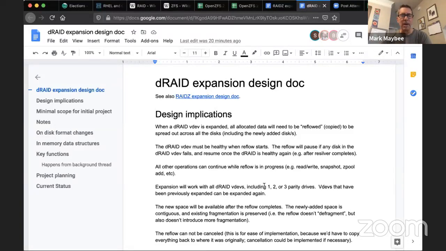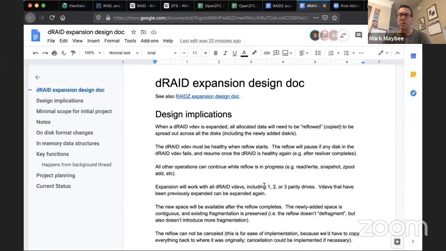And so we've decided that 2 rows, which are roughly 32 meg times the number of drives, is the appropriate amount of space to reserve for expansion, and think that that's not an unreasonable amount of space to reserve from each drive. So it's 32 meg from each drive that is reserved in order to allow for D-RAID expansion.